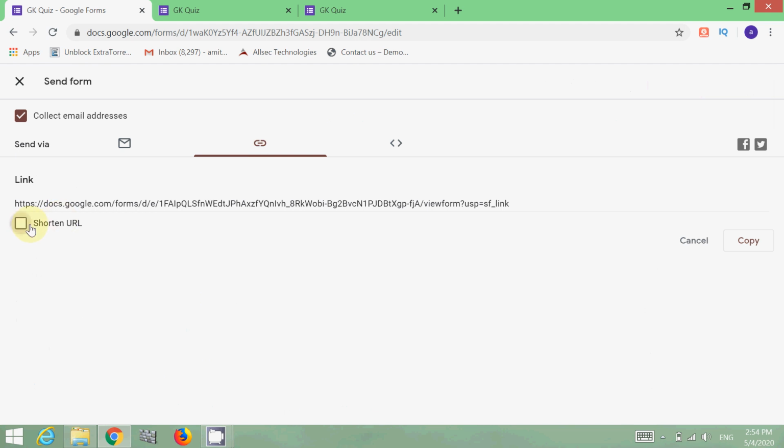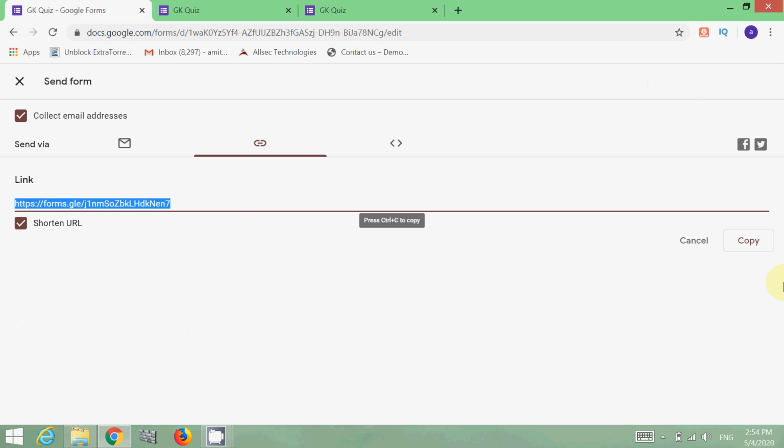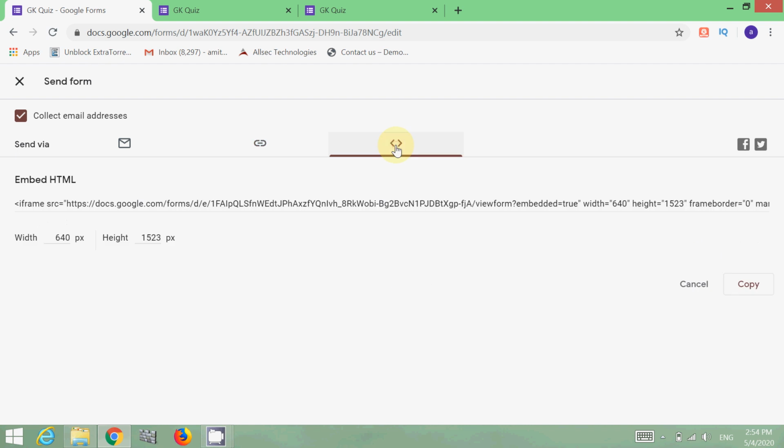You can have a certain URL also. Fine, you can copy that URL to the clipboard and just paste it into a WhatsApp group or in an email. And you can also share it as HTML on Facebook and Twitter also. Fine, so this is how you can send the Google Form to your students or your colleagues or other participants.